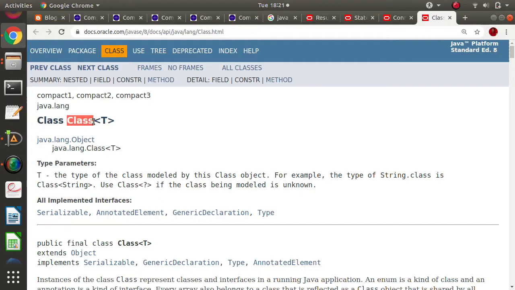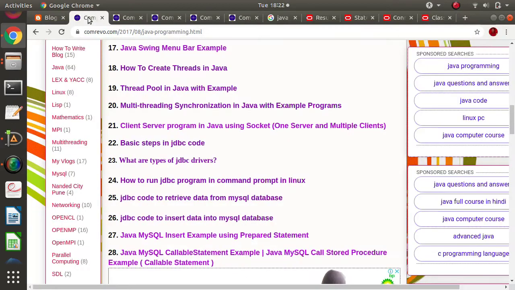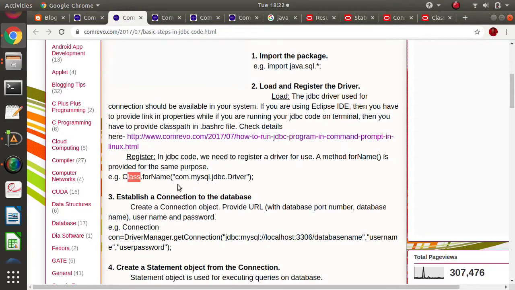Class is a standard class provided by the Java language, in the package java.lang. So by this forName method, we are registering this driver. We are informing the compiler that we are going to use this particular driver. This is called registering the driver. So by the second step, we have loaded and also registered the driver.